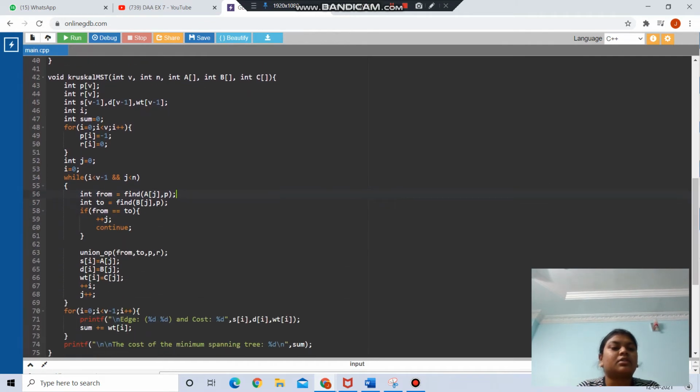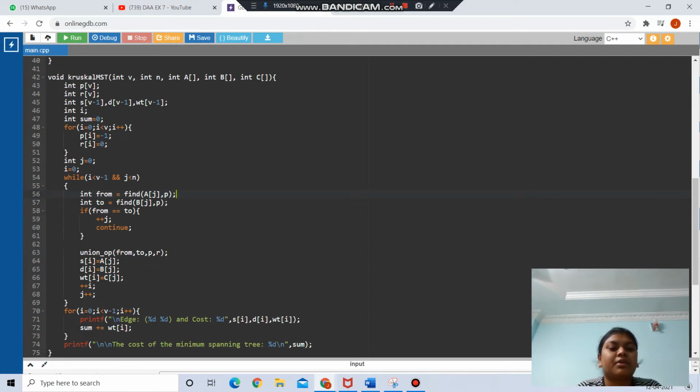I have given int j equals 0, i equals 0, and here I am using the while loop. Inside this while loop I have given i less than v minus 1 and j less than n. And here it will be int from equal to find(a[j], p), and int to equal to find(b[j], p).